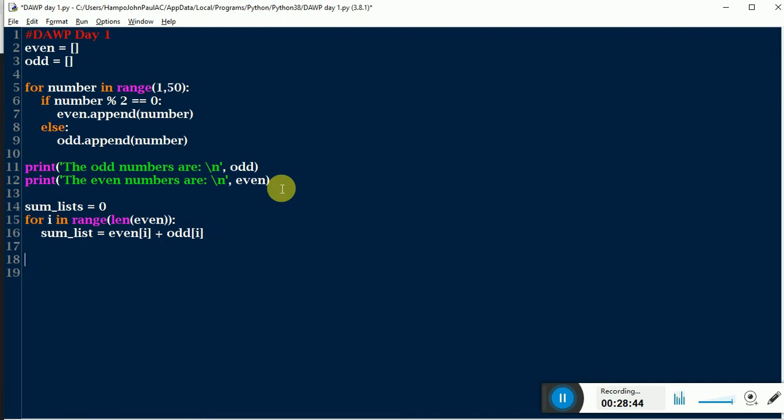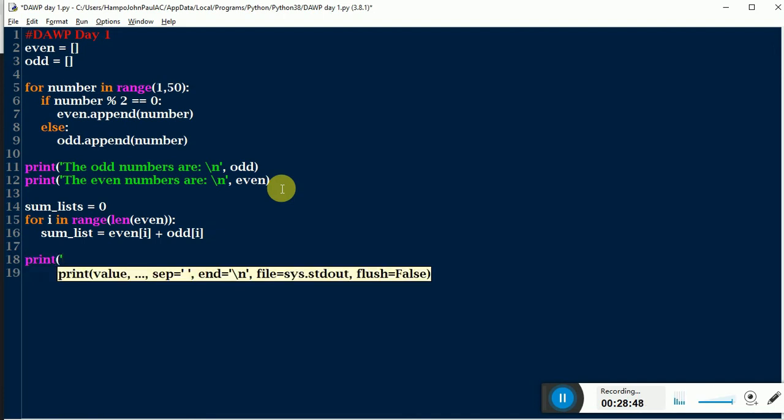Then I'll come out from that for loop. I'll print the sum of the even numbers and even and odd numbers between 1 and 50 is